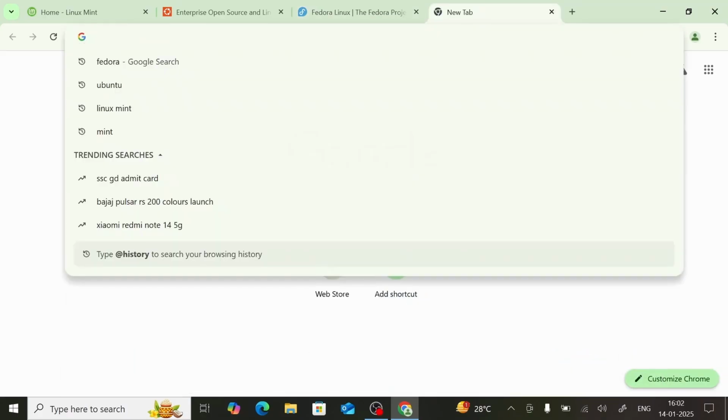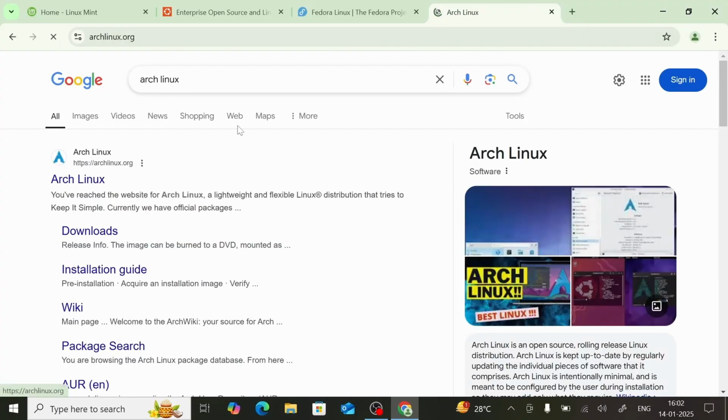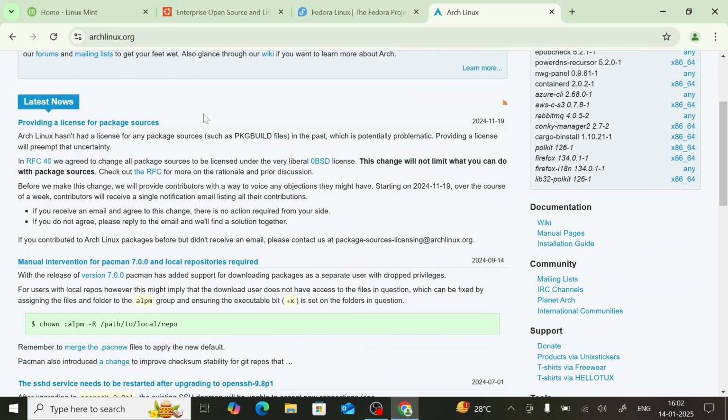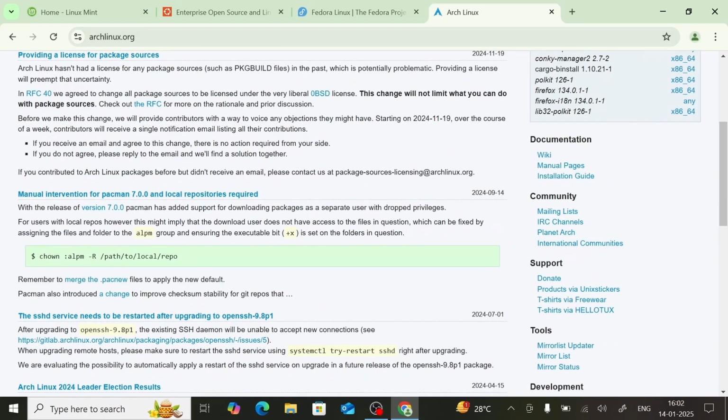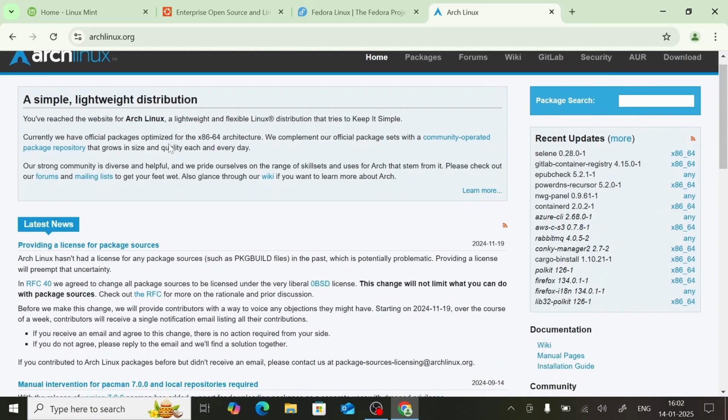Now we will download Arch Linux. Before you even try to go to archlinux.org, let me tell you a very important thing: you should not install Arch Linux on your primary machine. If you are not familiar with the stuff, it can give you unexpected errors at any time.